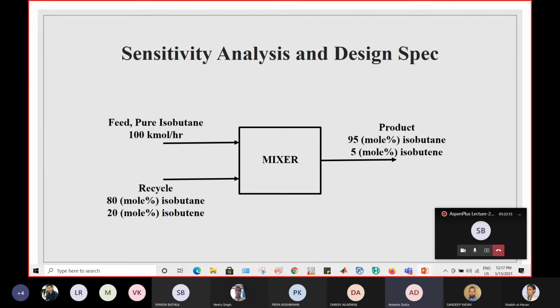One thing is sensitivity analysis. Sensitivity analysis is something you can perform when you want to achieve a certain thing, and there is some variable in your system which is affecting that desired thing.